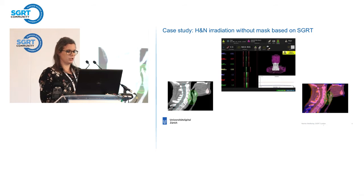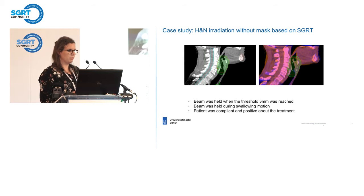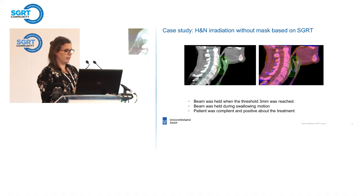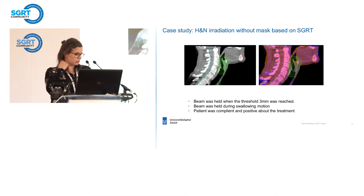This is what it looked like during treatment. Another thing is that she had a really small volume, so it was only a T1, T2 larynx volume without any lymph nodes involved. As soon as we were happy about our setup, if the values were as close as possible to 0, we would leave the room and we would image. And what we actually saw during this treatment for her is that the beam was held when the thresholds were reached